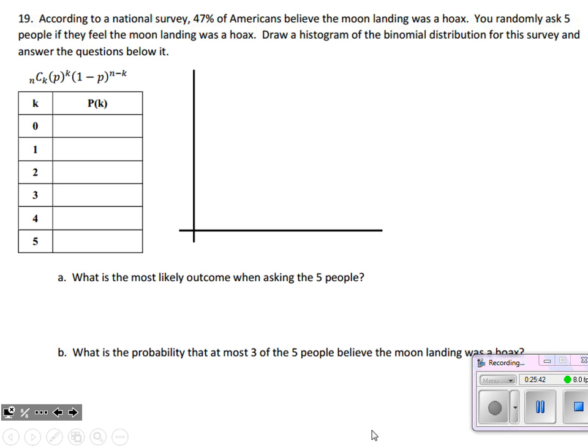So just as a reminder, here's how I'm typing this in to get a quick calculation of the table. In my y equals menu, I'm typing in 5, that's the number of trials I have, choosing x of them to be successes, right? How many ways could I arrange those people that do believe it's a hoax? Then I've got times the probability of that success, 0.47, to that number of successes power, times, well, we had so many successes, we also had so many failures. That's 1 minus the 0.47 to the, how many trials remain? 5 minus x power. So that's how I'm typing that into the calculator to use x's as inputs in the calculator instead of k's in our table.